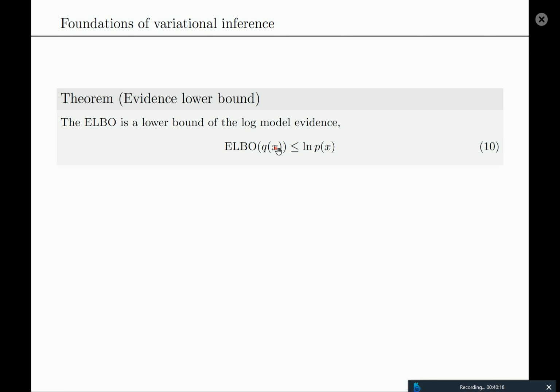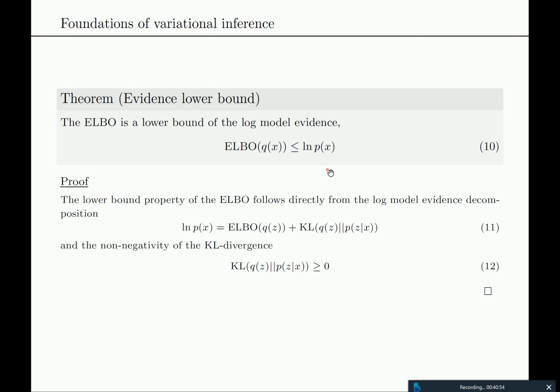that's a typo, that's q(Z). I have to get used to this X and Z because I am used to looking at Y and theta, but we have always had data as X, so we should also have data as X here, and then our latent variables are Z. So the evidence lower bound as a function of the variational distribution over Z is always smaller than the log marginal likelihood.